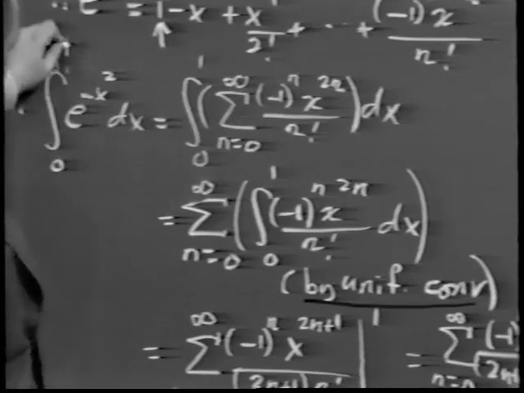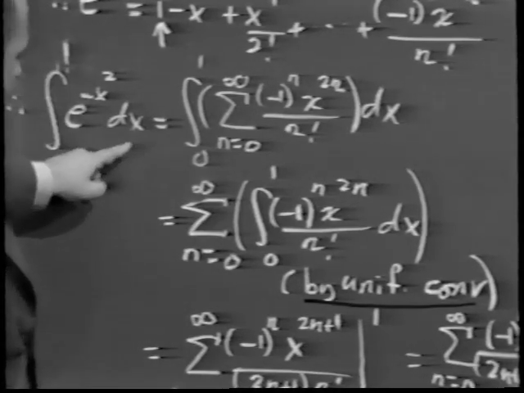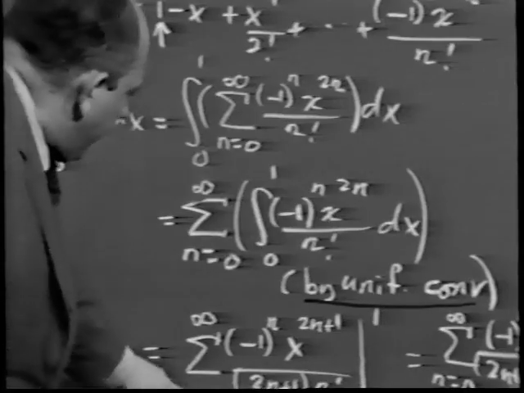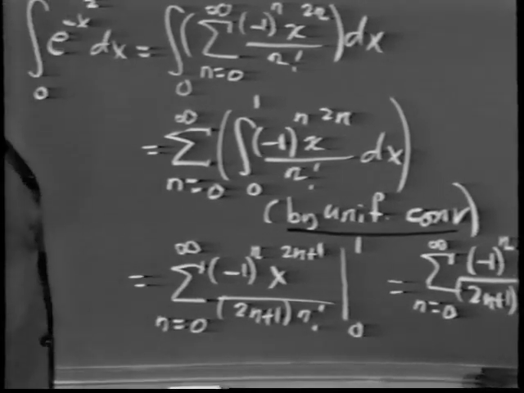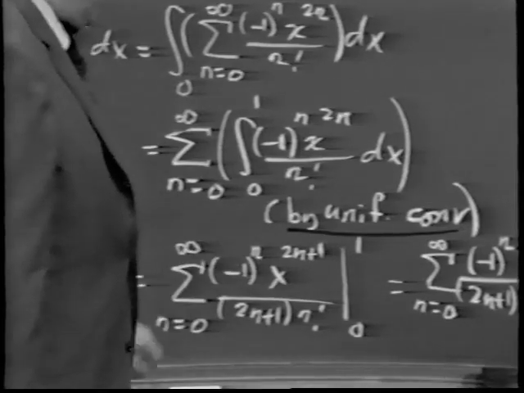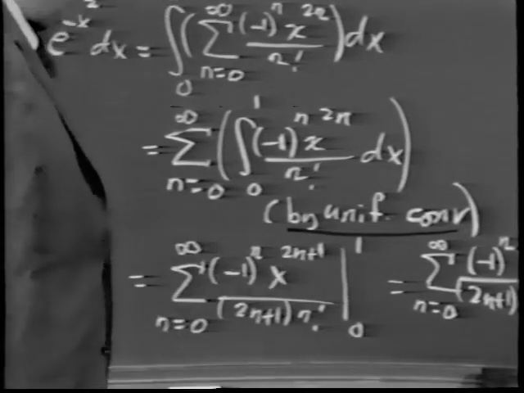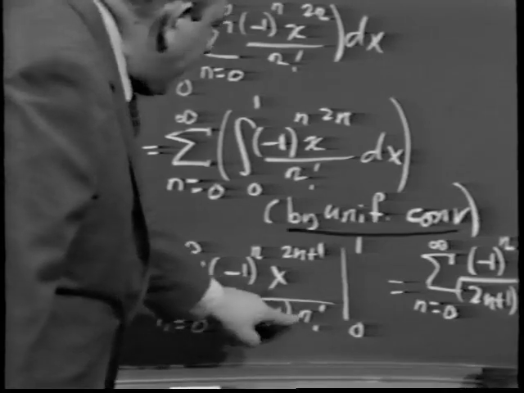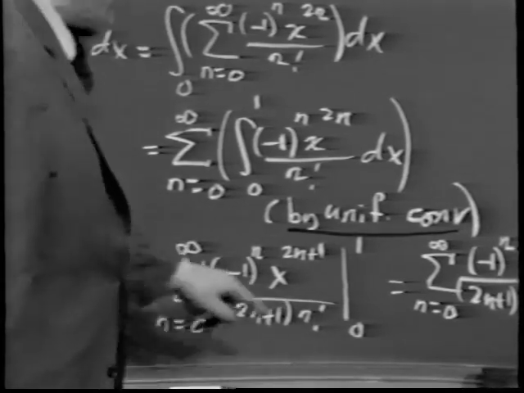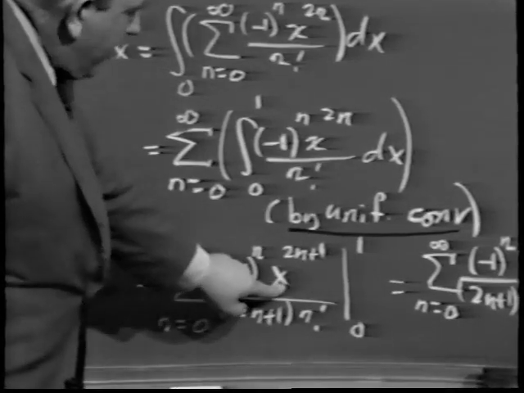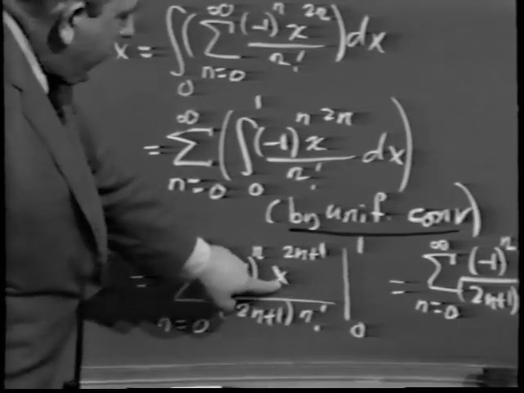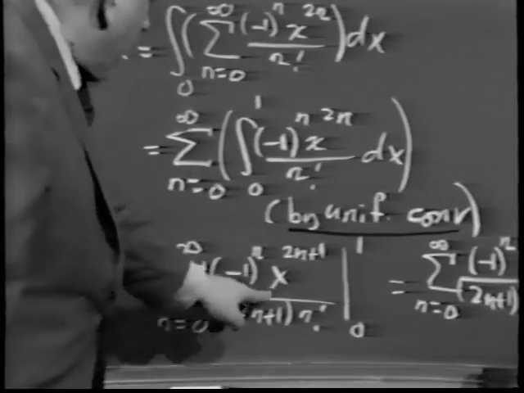In other words, the integral from 0 to 1 of e to the minus x squared dx is just this particular power series, namely, the summation n goes from 0 to infinity of (minus 1) to the n, x to the 2n plus 1, over (2n plus 1) times n factorial. That must be evaluated between 0 and 1. Since the lower limit gives me 0, and the upper limit just gives me a 1, rewriting this,